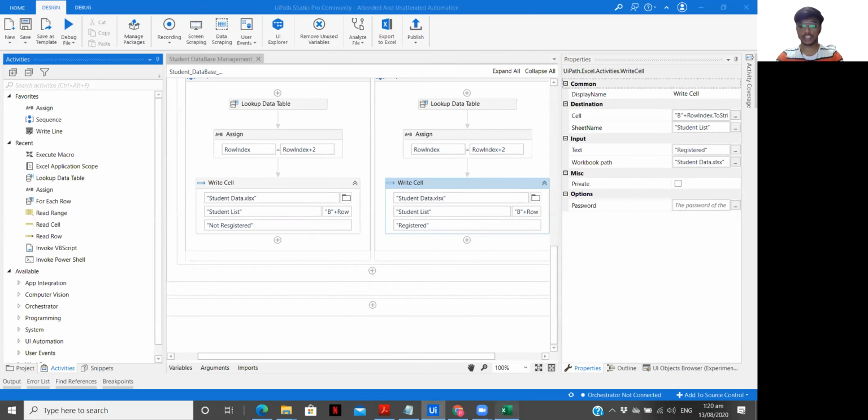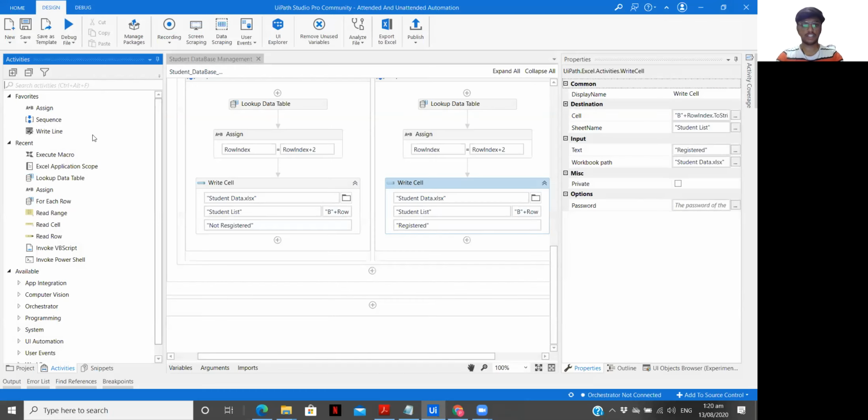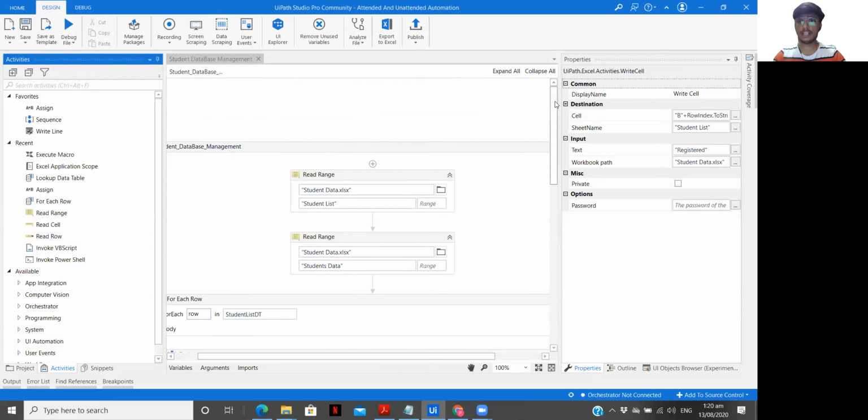So let me close this file, save the changes, save. So now, as unattended, let me just give a one-line explanation of what is unattended automation. Unattended automation is basically where there is no human intervention involved. If I run the workflow, there should not be any trigger or any input or any direction provided by me to the bot to complete its execution. Once I run it, it should complete the process and give me the complete output.